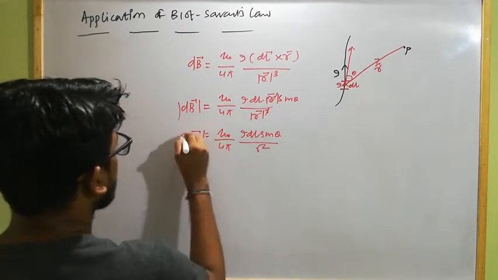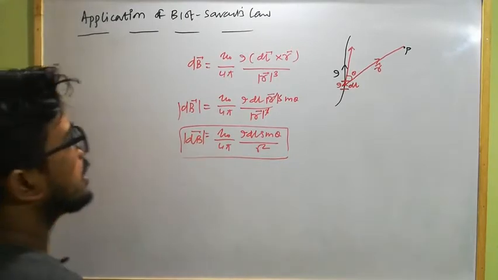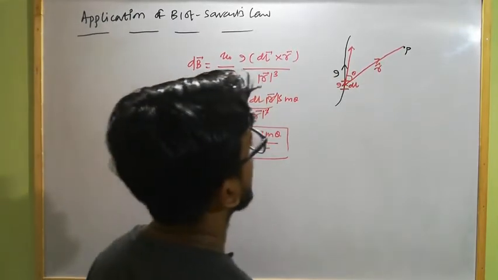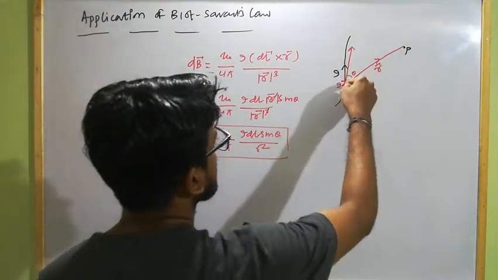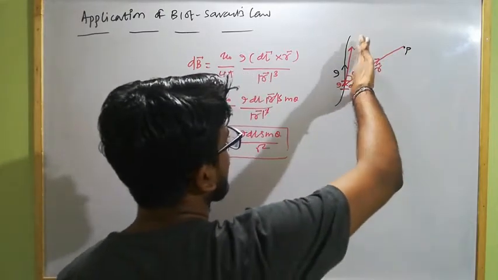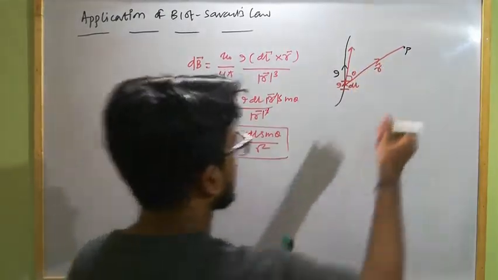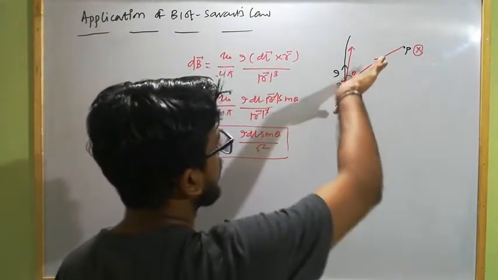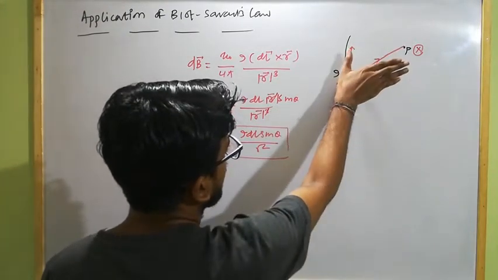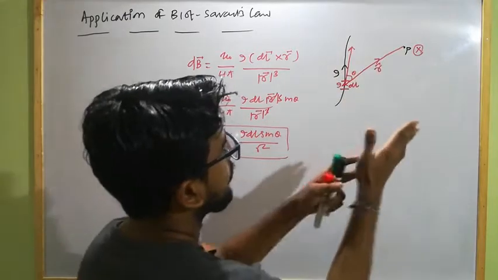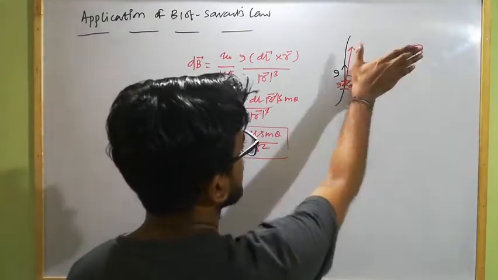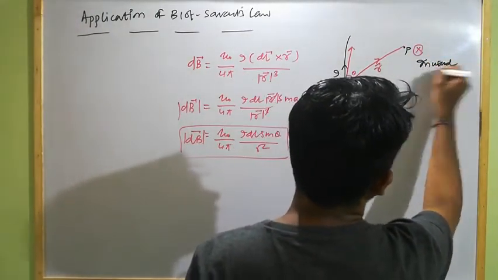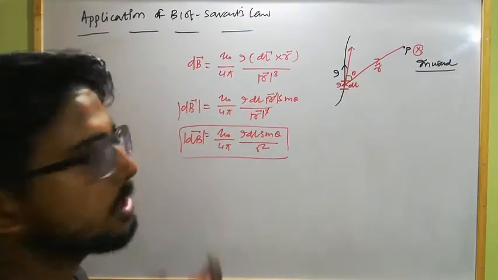magnetic field strength in scalar form, and its direction we can easily determine by using the right hand rule, as this is a cross product. This is the direction of dl, this is the direction of r, so dl cross r will be inward. Or we can also apply the right hand palm rule, that means stretching the fingers along the position vector and the thumb along the current carrying element direction, then the direction of the palm will show the magnetic field strength at this point. So this is also inward. So at point P the magnetic field strength will be inward. Clear? So this is all about the Biot-Savart's law which we studied in the previous class.